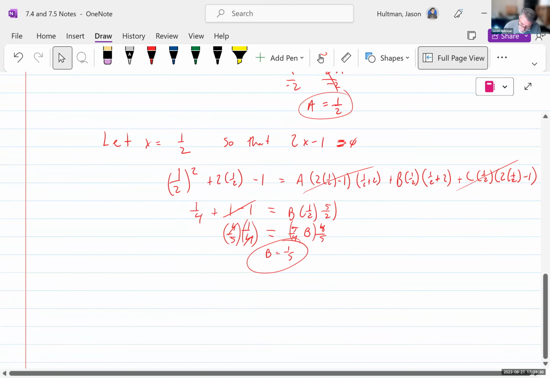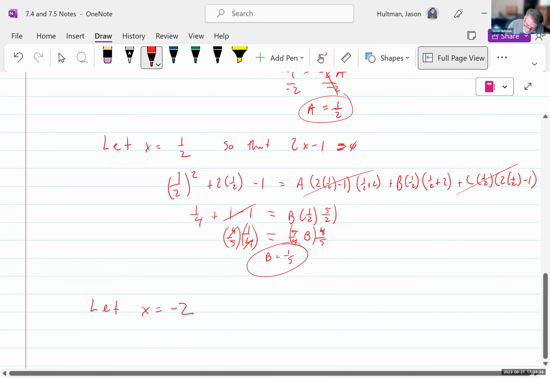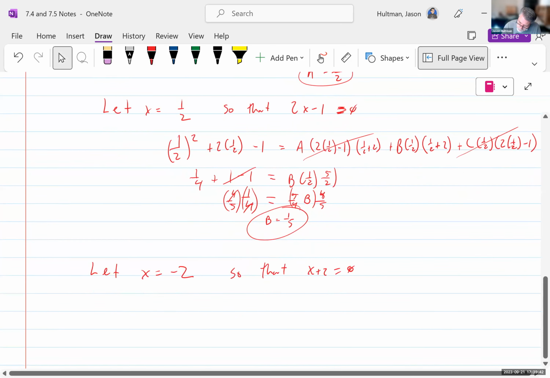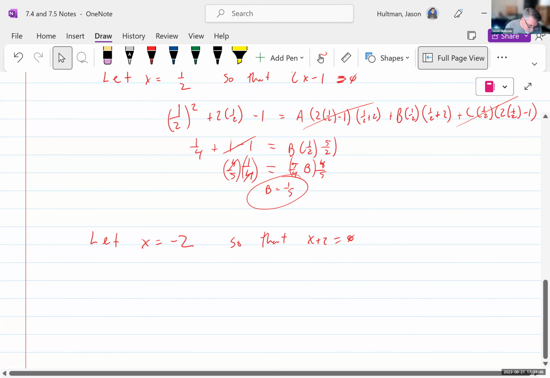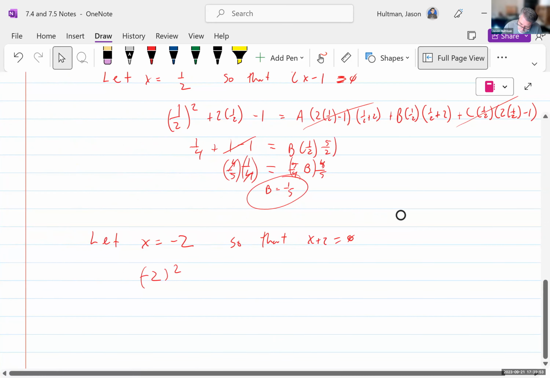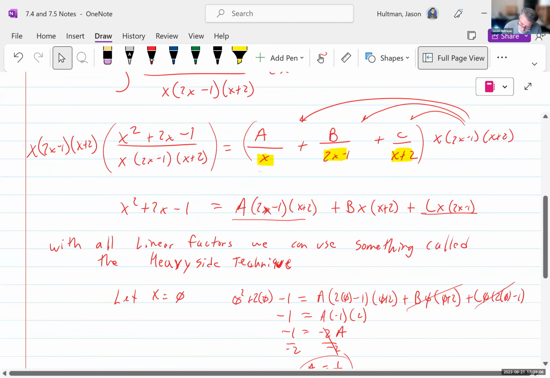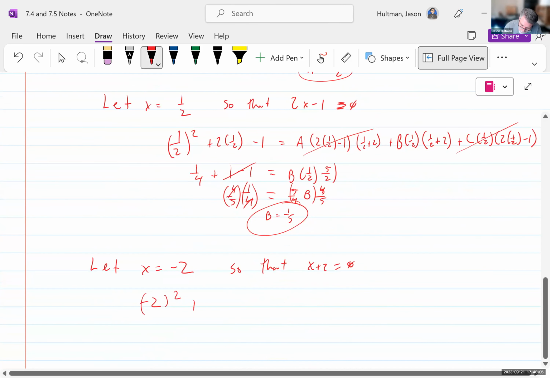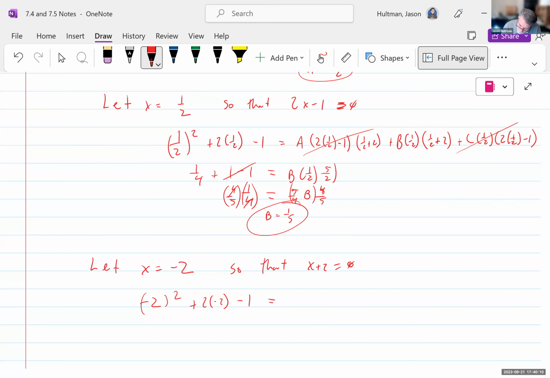To get the last one, I want to let x equal -2, so that x plus 2 is equal to 0. And so when we plug into the original equation, back up here, we'll get -2 squared plus 2 times -2 minus 1 is equal to,